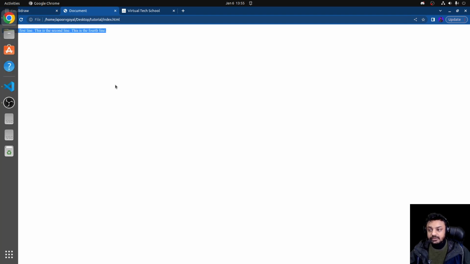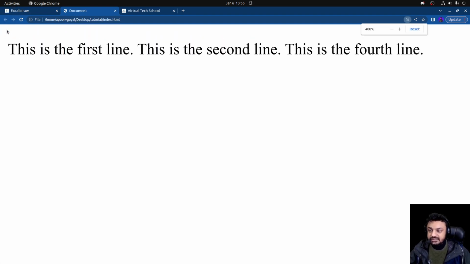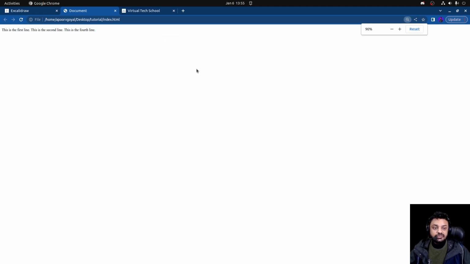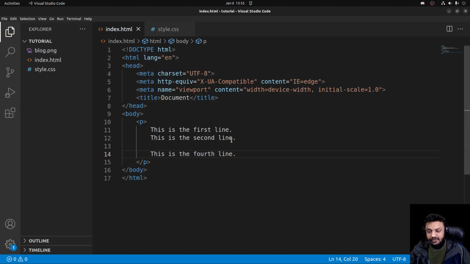I would see that it all comes up in one line itself, right? It says that this is the first line, then this is the second line, and then this is the fourth line, right? So the formatting that I did in my text itself didn't appear, right? So if I want to display this as it is written, because paragraph text removes all the extra spaces and all the extra lines used in this text, right? So if I want to, let's say,